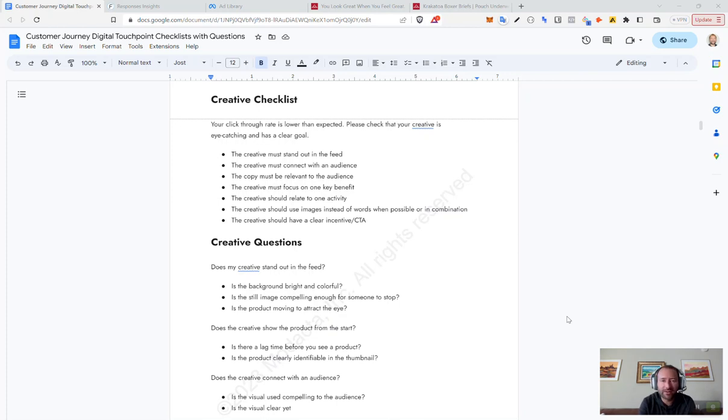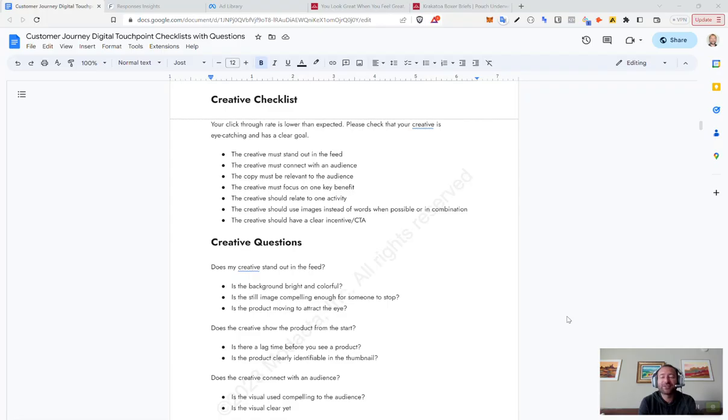The creative must stand out in the feed. I'm going to give you guys a secret. If you go to your Facebook feed right now and you take screenshots of the first 30 ads that you see and then you put them in a folder as thumbnails and you look at the images, you're going to notice that maybe one or two stand out. There's a reason for this. People have a tendency of making ads that look pretty and are on brand, but do not stand out in